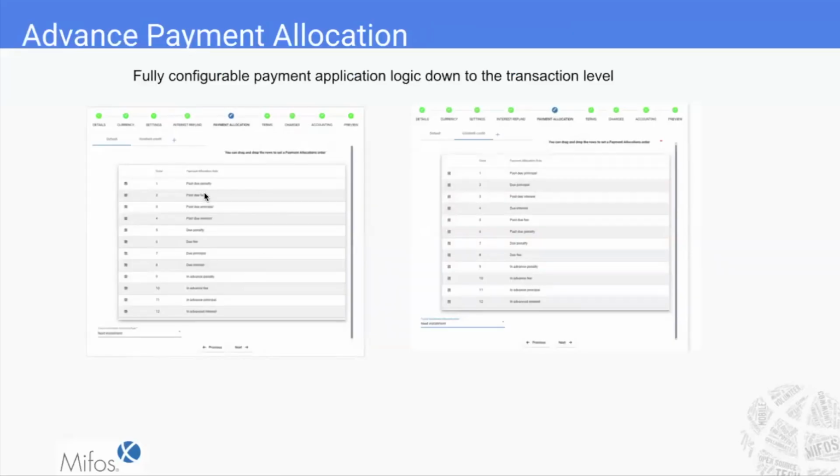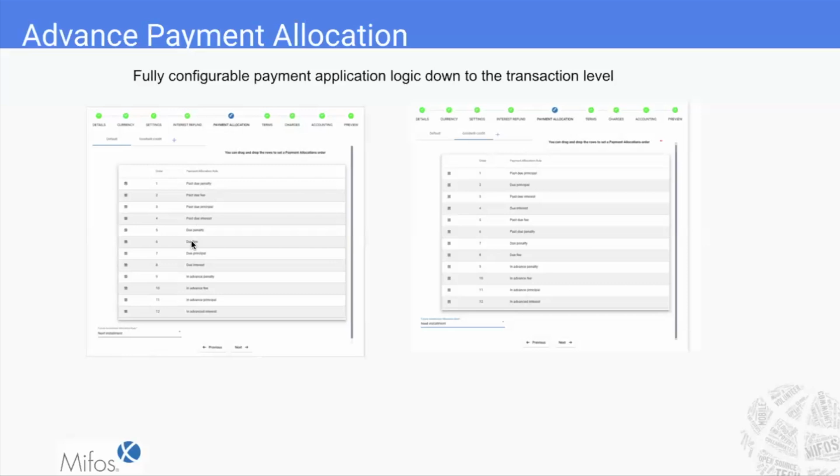The next one I want to talk about is the advance payment allocation. The main concept we kept in mind when implementing this is that we wanted to make it as configurable as possible. So one major thing we made was to introduce the advanced payment allocation, where the user can select the allocation rule or the priority of the amount to be allocated at each portion level, meaning we can broadly